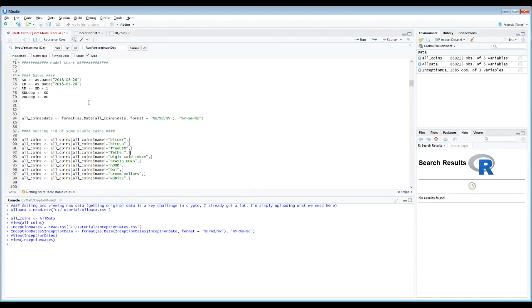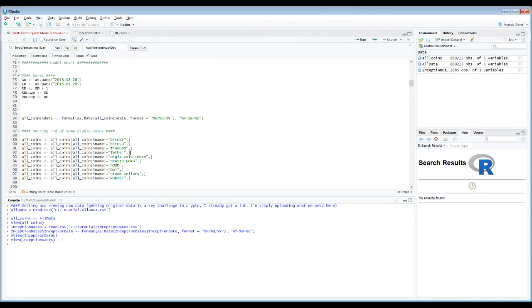All right, so basically when I just wrote this, I plugged in a couple of dates, kind of random. I'm using August 26, 2018 as kind of my start date. Depending how you want to define start or end dates, I might have it backwards for the way your brain might think. But my end date here is January 28, 2015. So I'm actually working backwards in this model. And then